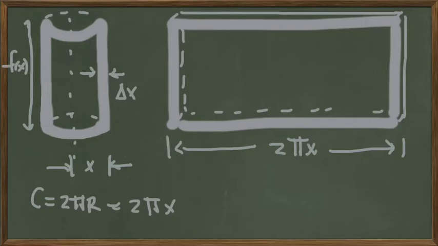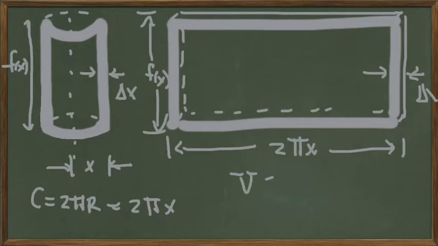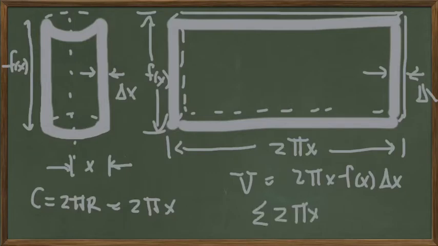its height is f of x, and its thickness is delta x. So the volume of this box is going to be 2 pi x, its width, times its height, times its thickness. To get the volume of all of these shells, we sum them up. So we're going to sum 2 pi x, f of x, delta x, and when we do that,